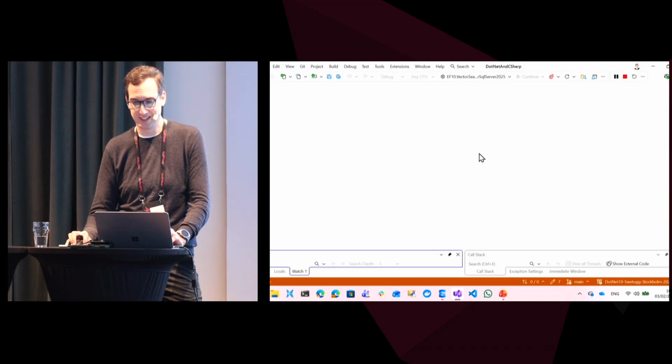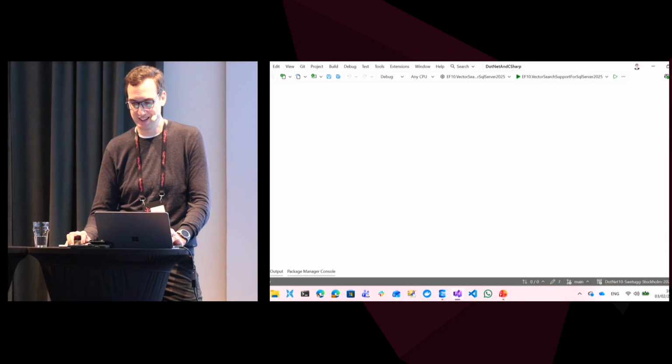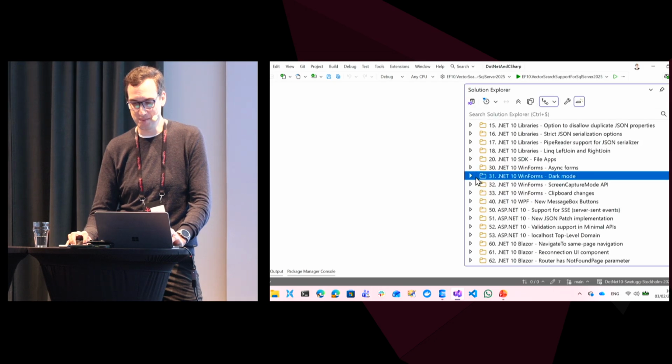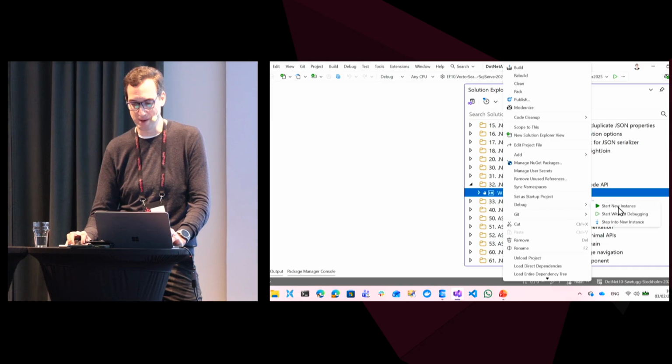I'm not kidding. It has a property on the form. It's now dark mode. It's beautiful, isn't it? Something else that is new in WinForms. This actually blew my mind. I'm not sure if I'm ever going to use that, but